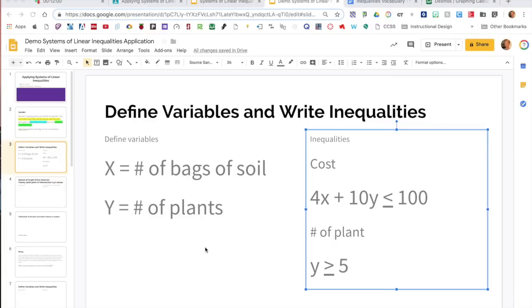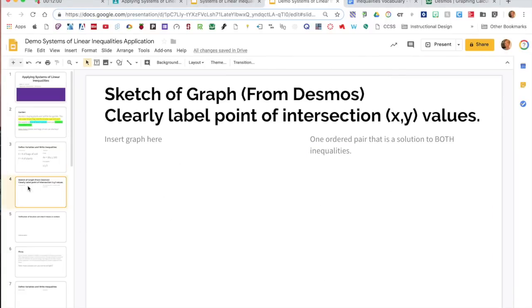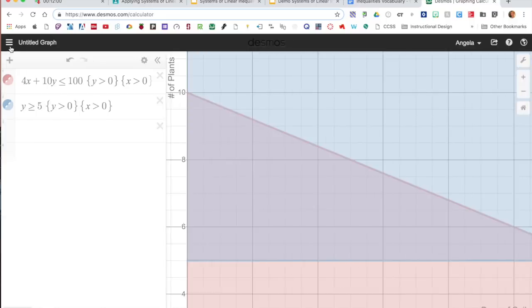We've defined our variables and written our inequalities. We're going to go on to slide number 4, which is going to take us to sketching our graph in Desmos. Then we're going to find our point of intersection, and actually we can have multiple points of intersection. So opening your Desmos,